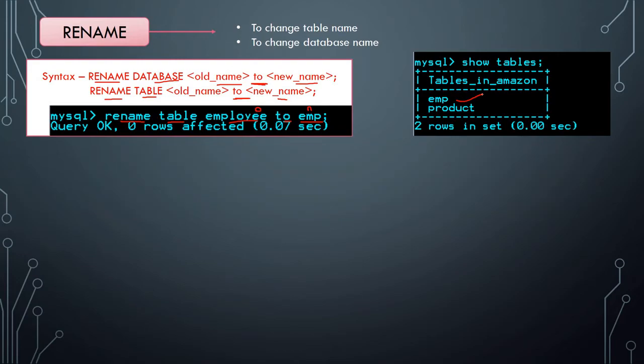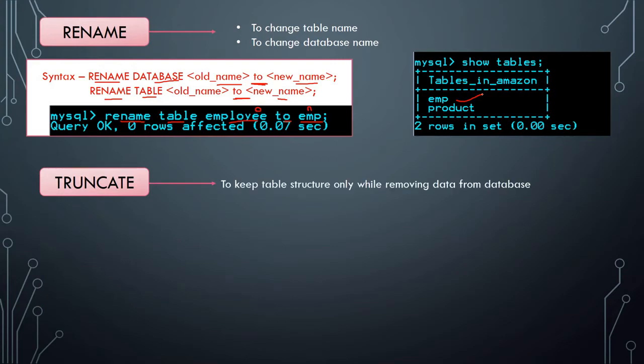Now let's move on to our next command, truncate. What does truncate do? Truncate basically keeps the table structure and removes everything else. That means it removes the complete data from that table and keeps only the table structure within the database. As I told you earlier, I entered a single record in my table EMP.